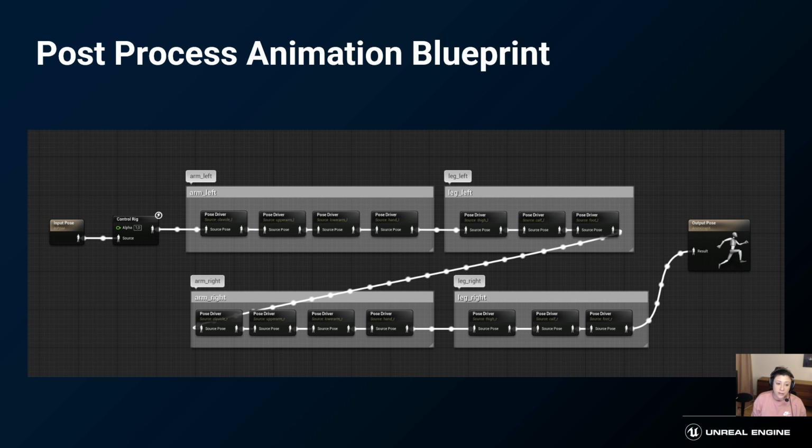This setup lives currently in the post-process animation blueprint on the bodies. As I have mentioned before, the driver skeleton doesn't exist in Unreal Engine, so we process the skeleton as it is to the control rig, the deformation control rig. And this control rig is vastly different from the control rig that you may have seen out there animated in Sequencer. This control rig only lives under the hood to mimic the behavior of the deformation rig we have in Maya. Then we pass that to the pose driver, which drives the pose assets based on the RBF parameters.